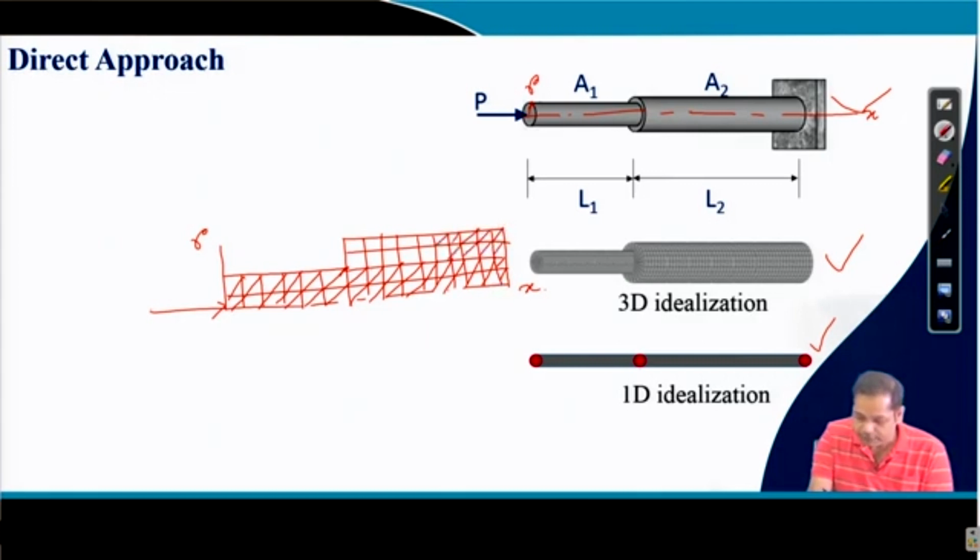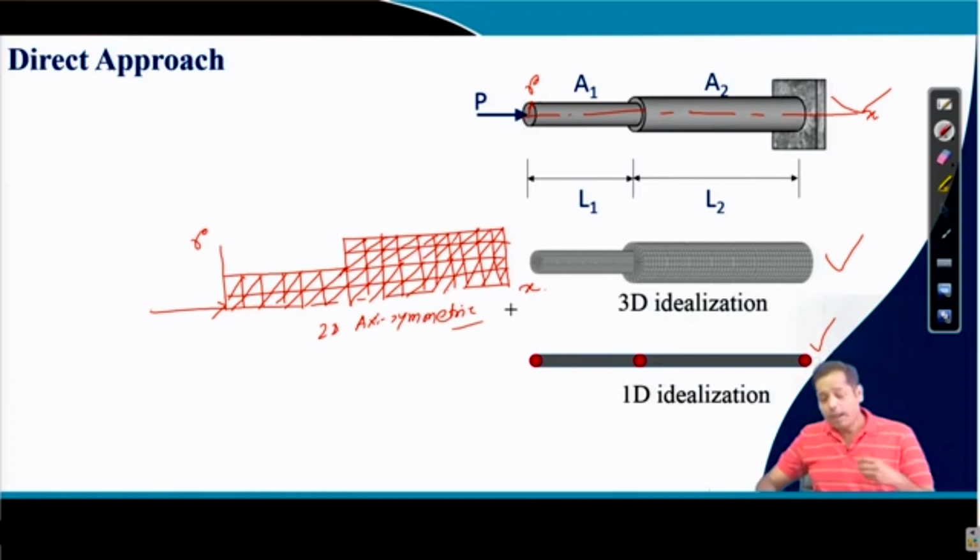These are all discretizations with two-dimensional, triangular elements. So, this is another idealization. This is another idealization, the 2D axisymmetric idealization. Now, when you analyze the structure, we need to decide what idealization is suitable in the context